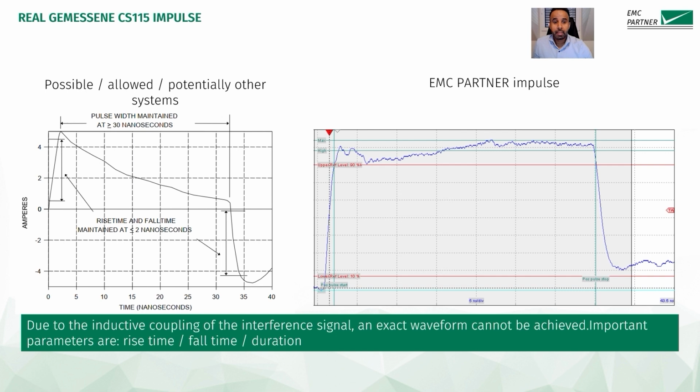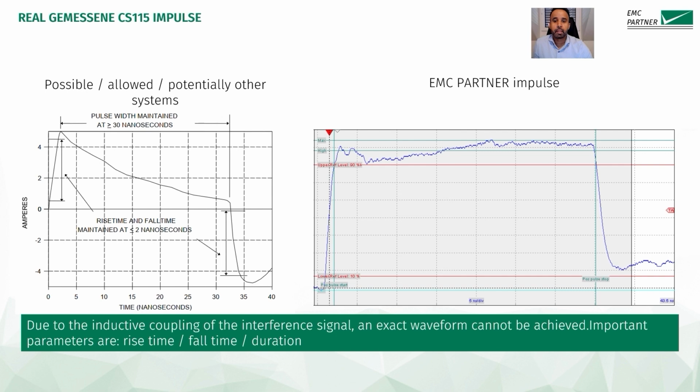So on the left side, you see the possible impulse form allowed by the standard. As you see, due to the frequency response of some injection probes, which might fall off at lower frequencies, the pulse supplied to the probe could sag in the middle part of the pulse. It is hence more crucial to use an injection probe with good response at higher frequencies to produce the required